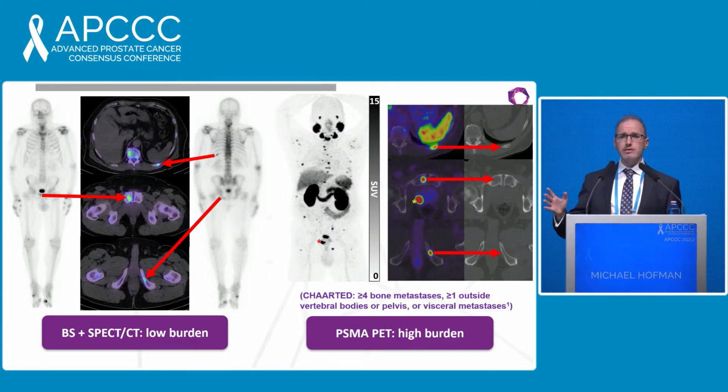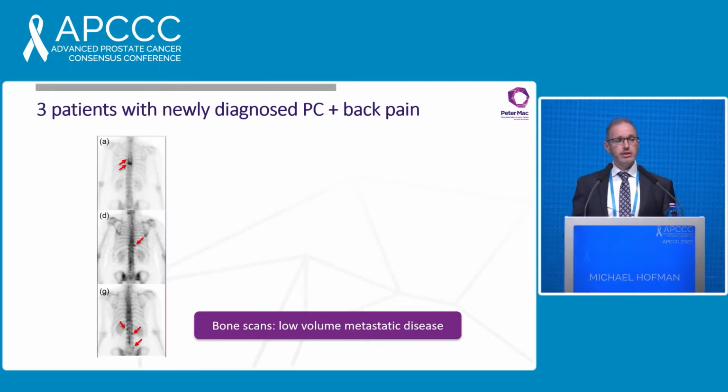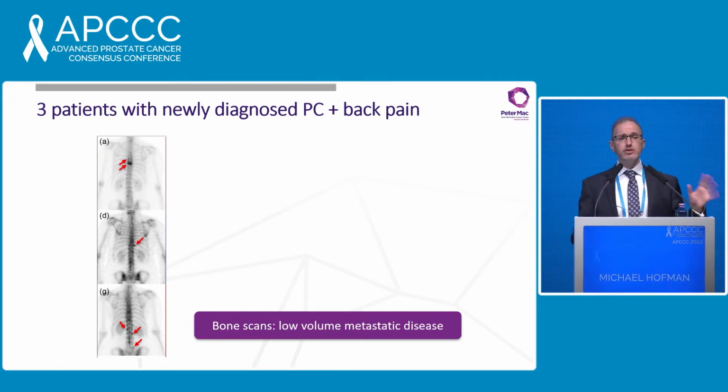The CHAARTED criteria defines high burden disease as more than 4 bone metastases, 1 outside the axial skeleton, or a visceral metastasis on the CT. So we have this disconnect between conventional imaging and next generation imaging. 3 patients, all with bone scans, all symptomatic with back pain, newly diagnosed hormone-sensitive prostate cancer, and many medical oncologists